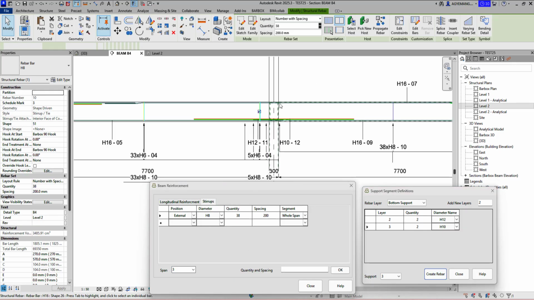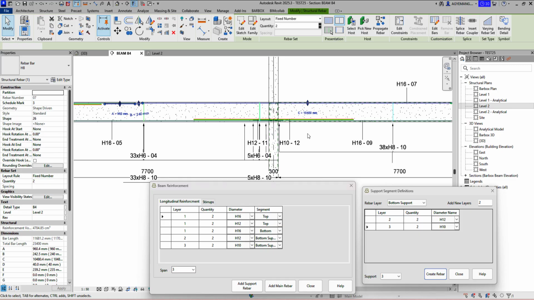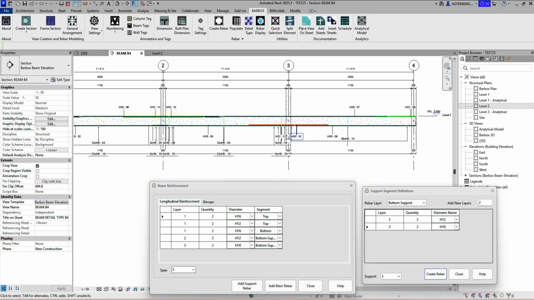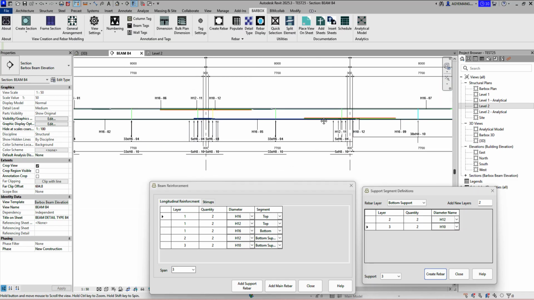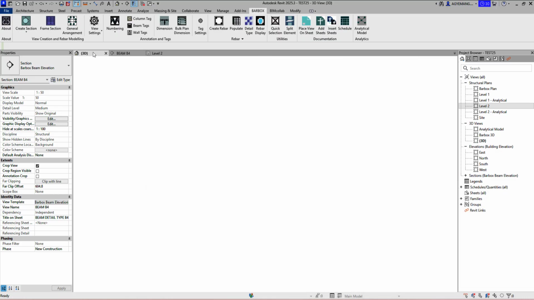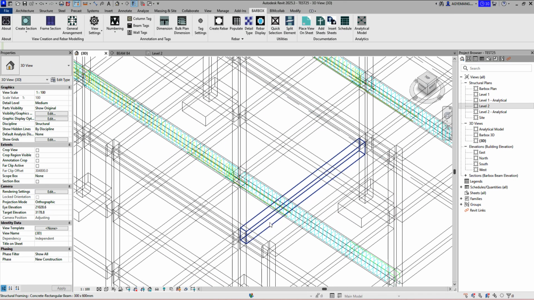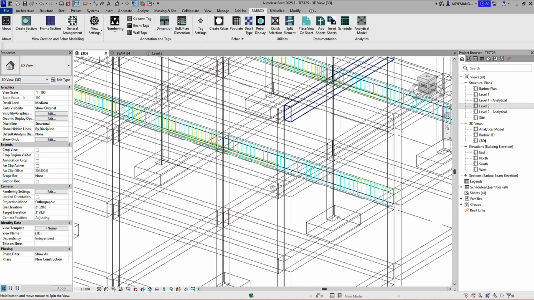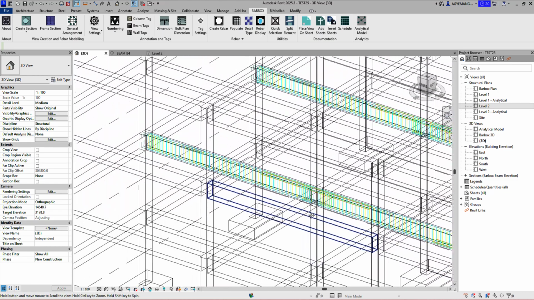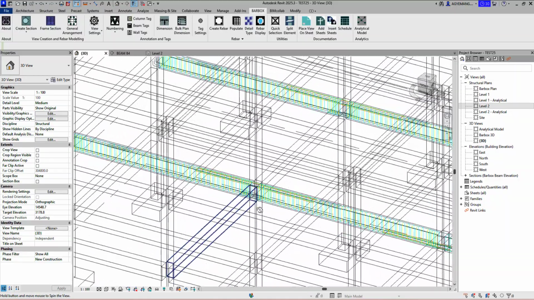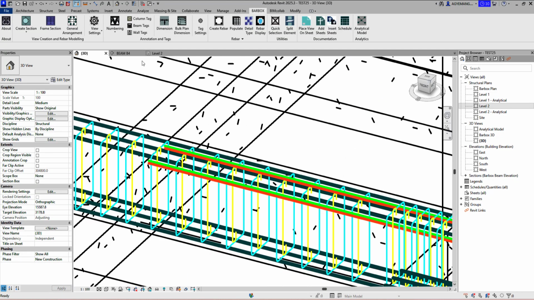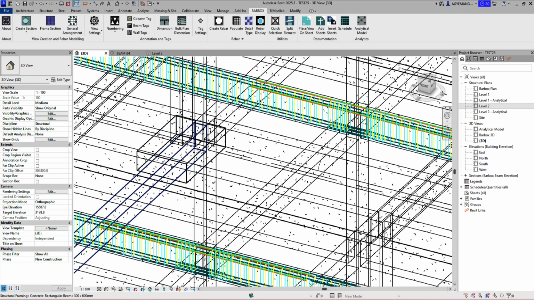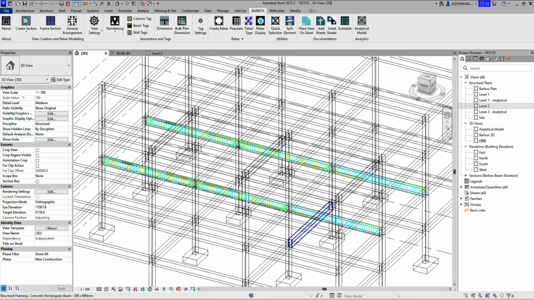We just have to move into a 3D view to inspect our addition, to see if indeed all the detail type B4 has been populated. And in our 3D view, as we can see, it has been populated into the other element. So you see that our additional supports rebars are also found in the other detail type B4. So we have two B4s, and they've all been properly